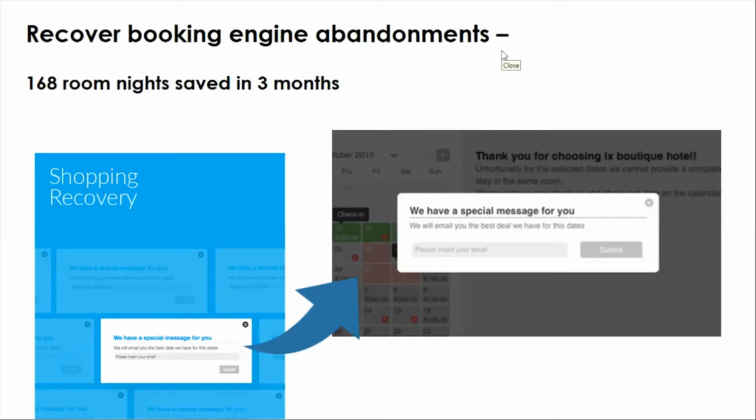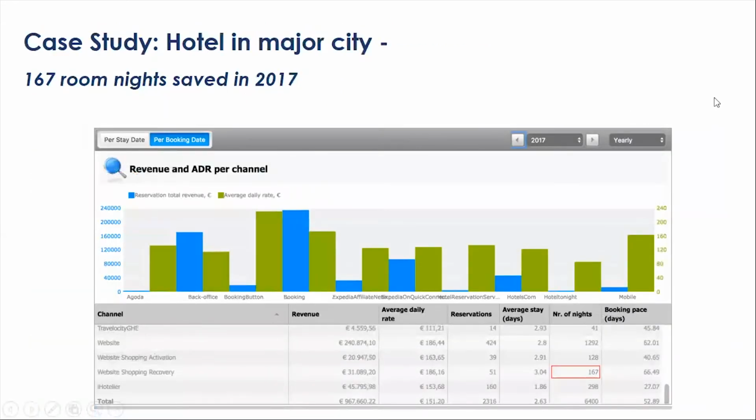And if you look at the next screen, Kornak, can you move the slide, please? We can see, and I like the word saved, because this is a real hotel, that they saved 167 room nights because they use this functionality. Most probably they would have lost those bookings to an OTA, and we managed to get them through email.